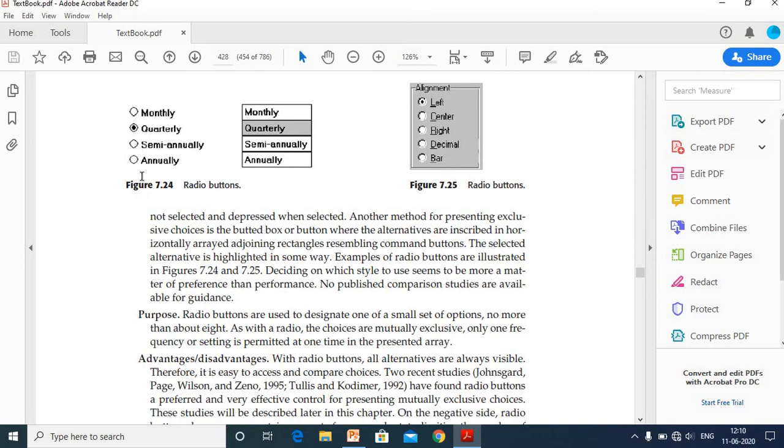Likewise we can use radio buttons, or sometimes we can use this type also, and here you can see we can use the background also to show the radio buttons. That means if I click on any option, it will be highlighted.